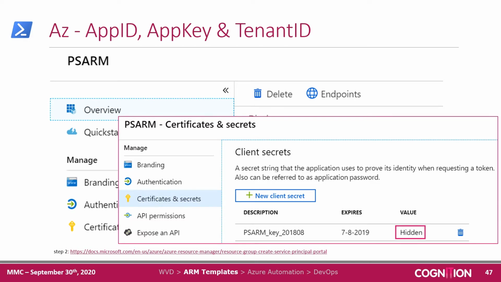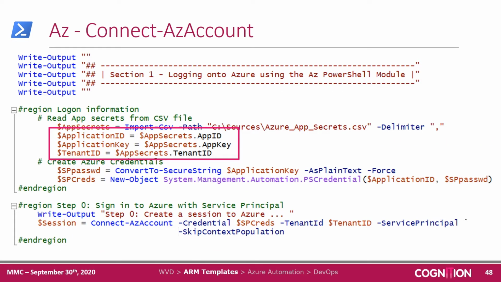And this secret that you create is only shown the first time, to copy the information. Afterwards, it will stay hidden within the portal. So if you lose your secret, you will have to create a new one to make sure that you can keep using your app ID account. So with those three pieces of information, my application ID and application key, I can use those two to create